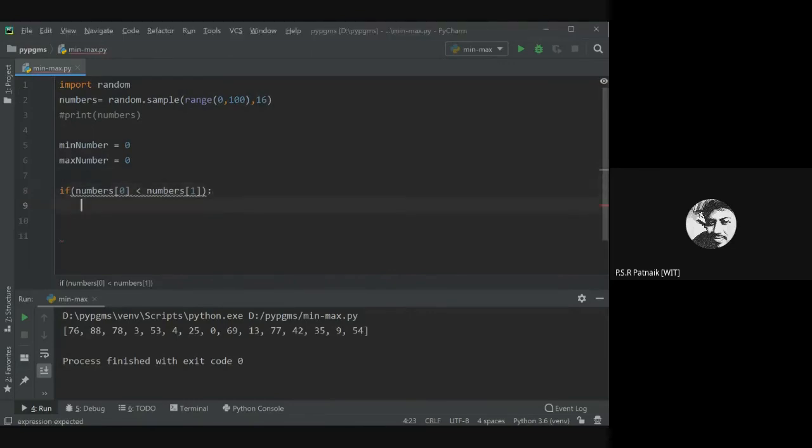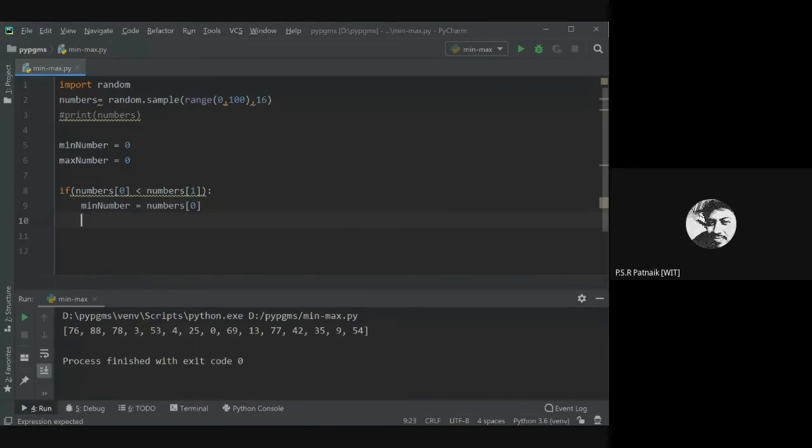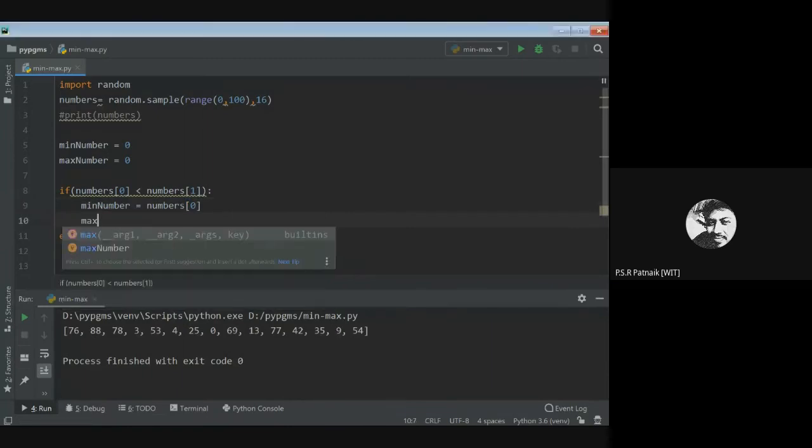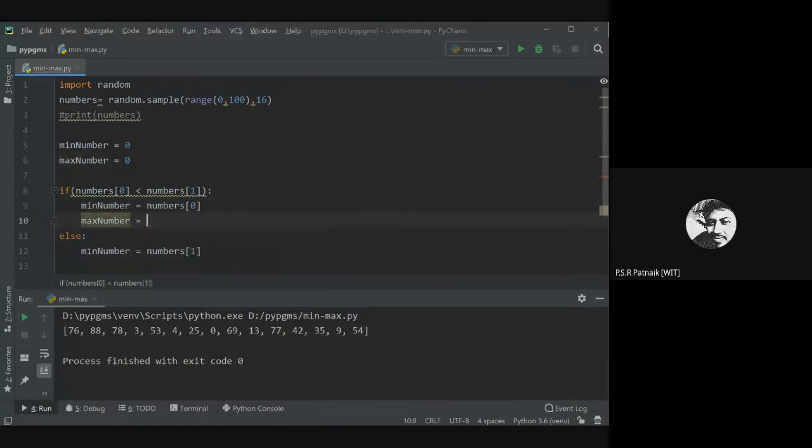We will write this code here. If this is the case, we'll initialize min number from the numbers 0th element. Else, minimum number is equal to numbers of 1, and you can guess what the other sentence would be. If 1 is minimum, then the max should be numbers of 1.